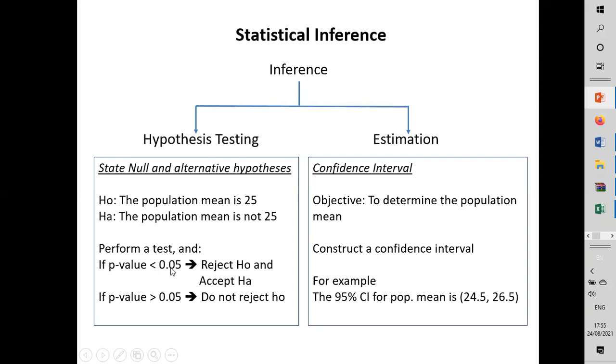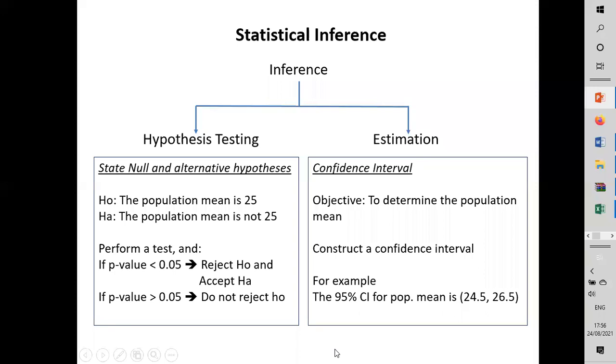Supposing the p-value is less than 0.05, we say the mean is not 25. That's all you can say. It doesn't tell where. It's not 25, then where is it? Whereas this will tell you, with a confidence of 95%, the mean is between these two. Nowadays, in published papers, you want this more than the p-value itself. So this tells you exactly where it may fall, right? This doesn't tell you, it only tells you whether it is 25, yes or no, right?